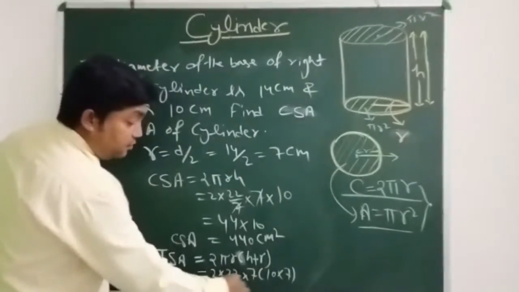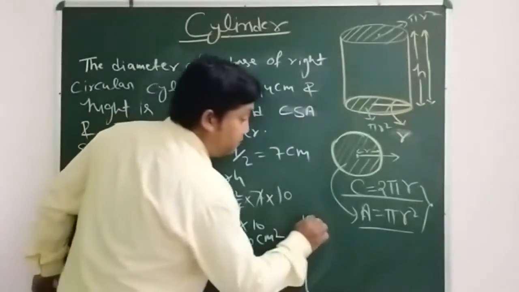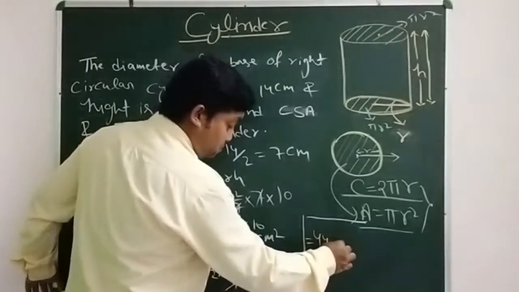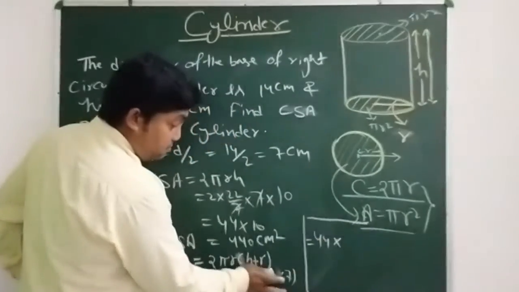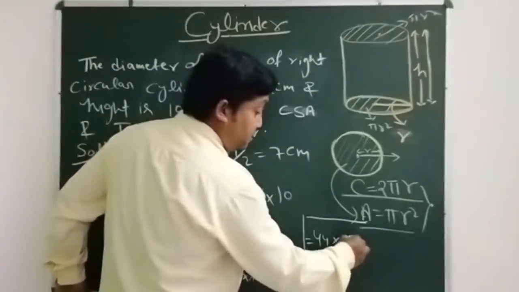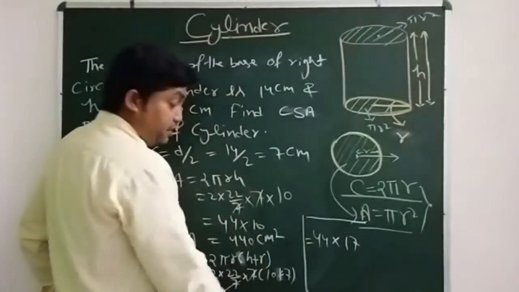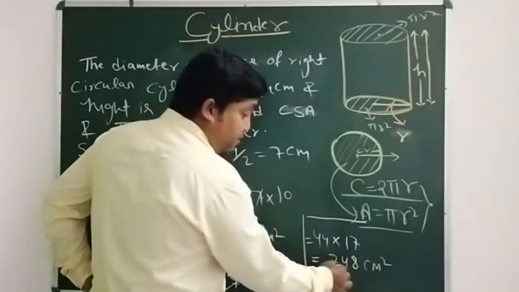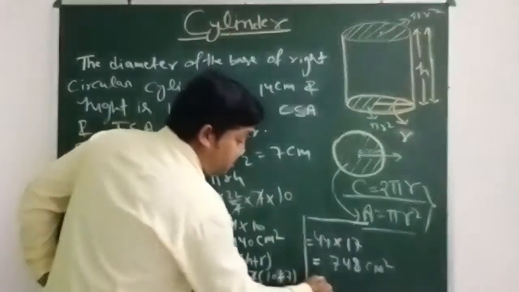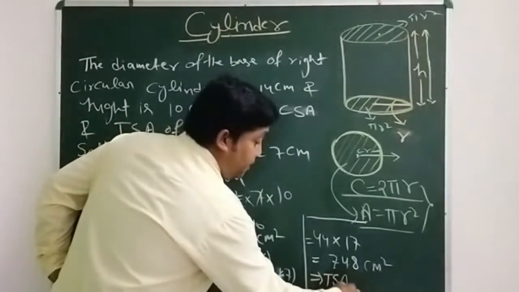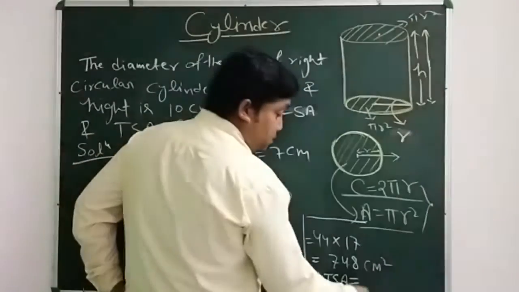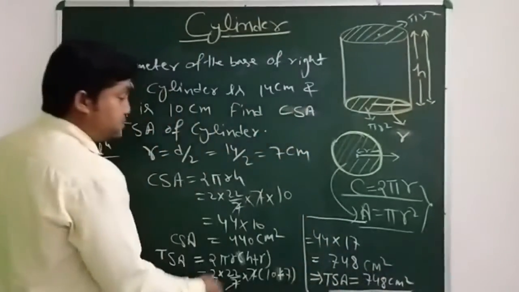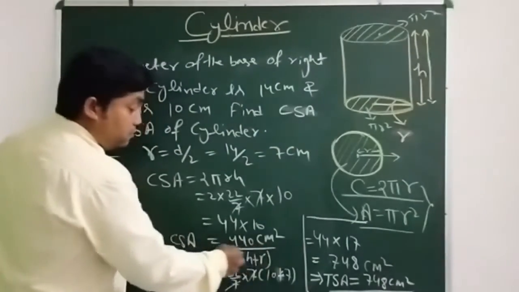Okay, when you cancel the 7 into 7, then we have 2 twos are 4, so 44 multiplied by 10 plus 7, that is 17. When you multiply 44 into 17, then you get 748 centimeter square. It means that the TSA of that cylinder is equal to 748 centimeter square, and the CSA of that cylinder is equal to 440